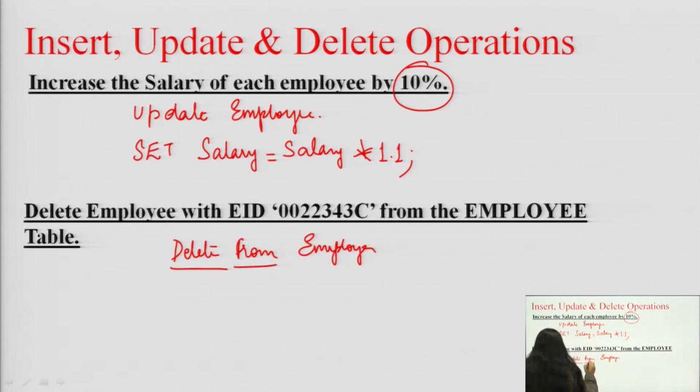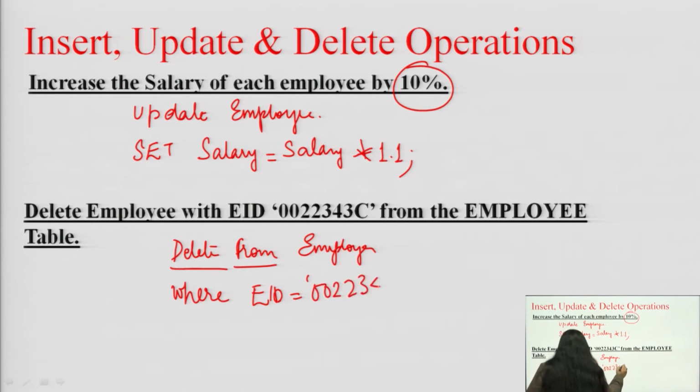So, this FROM will come when we are specifying the delete command, right. DELETE FROM employee WHERE EID is equal to 002234 C, right.